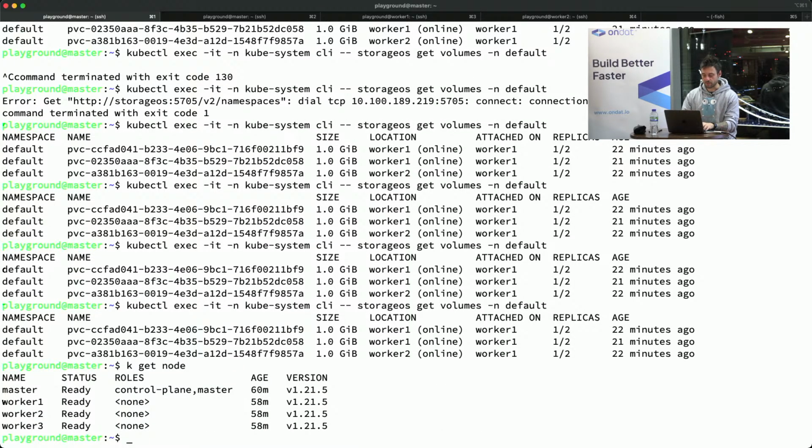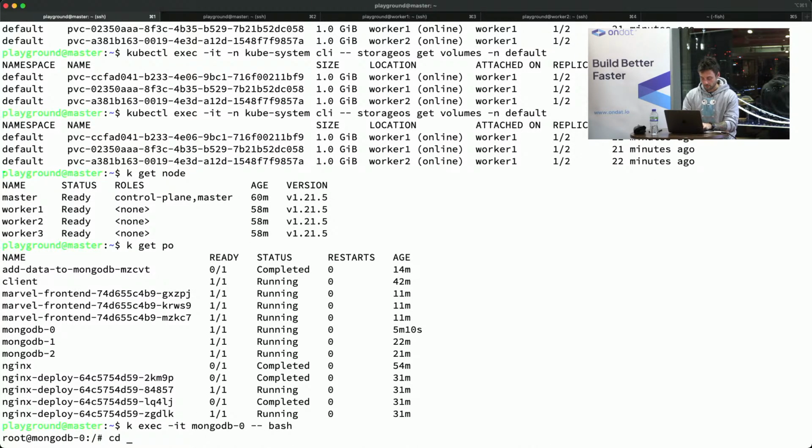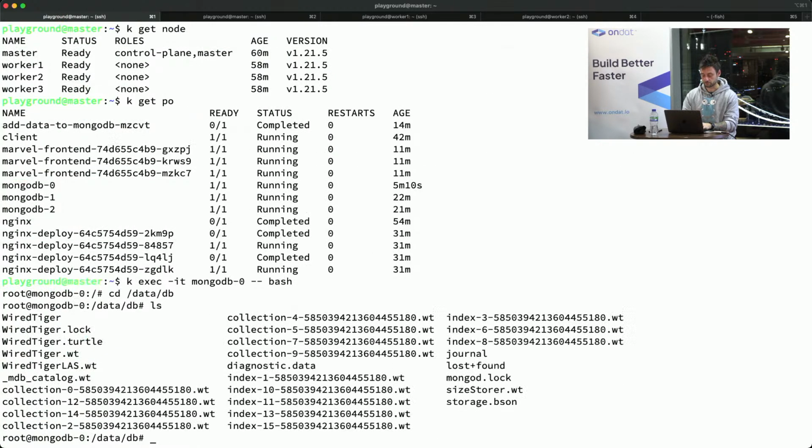OK, in the meantime, let's check that. So that's Mongo, right? So get pod. So the pod is still running, right? It's still there. We just rebooted the node where the storage was sitting. So if I do again, let's connect to Mongo 0, /data/db. There again, right? So we didn't lose, even though we rebooted the host, we still have the data that is